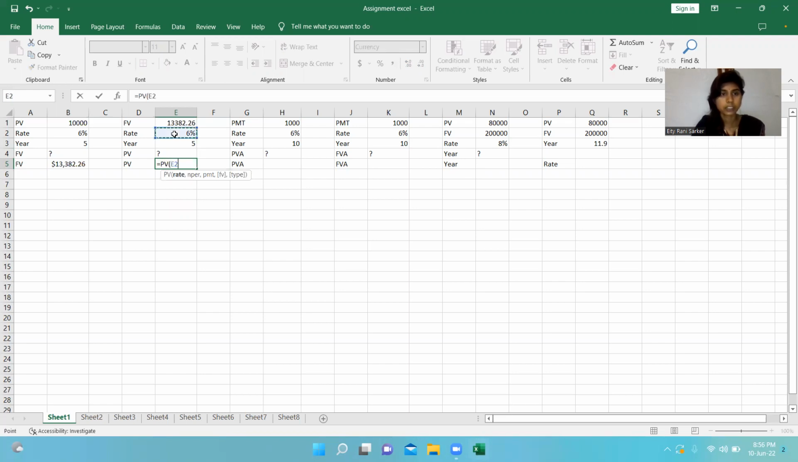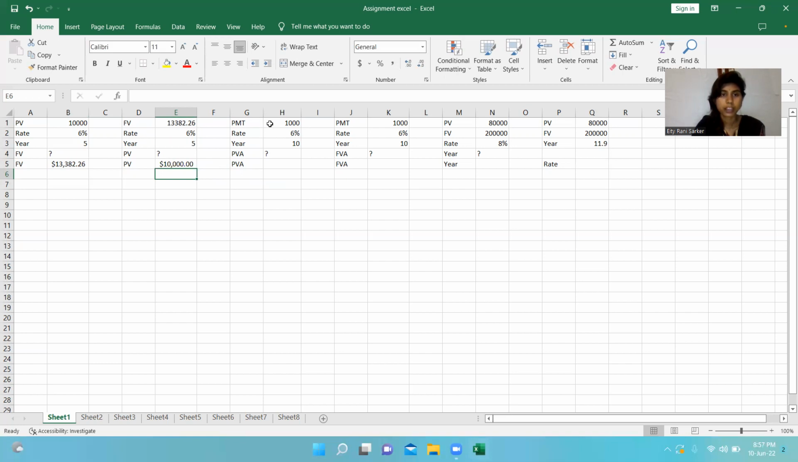rate is 6%, select, and NPER, select the year, then PMT is not here, so write 0, then FV, minus, select the amount of FV, comma, type 0, close the bracket and press enter. We get the present value 10,000. Then